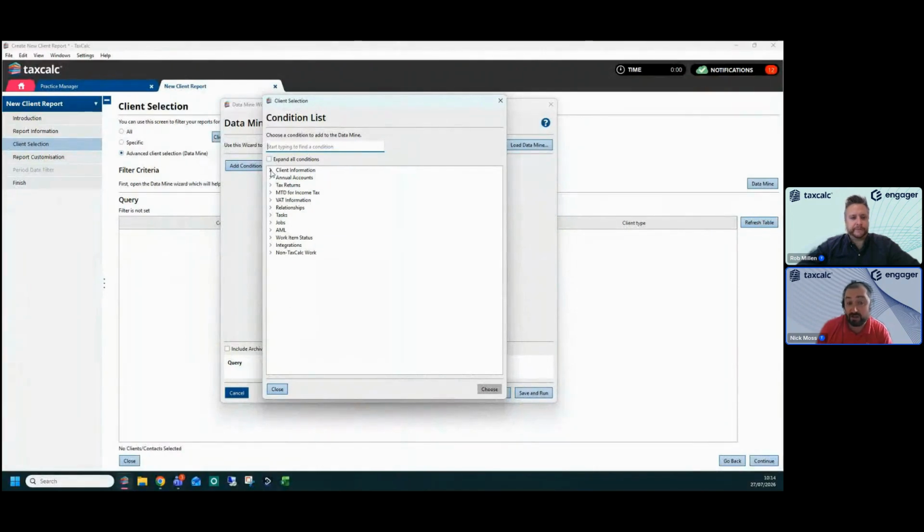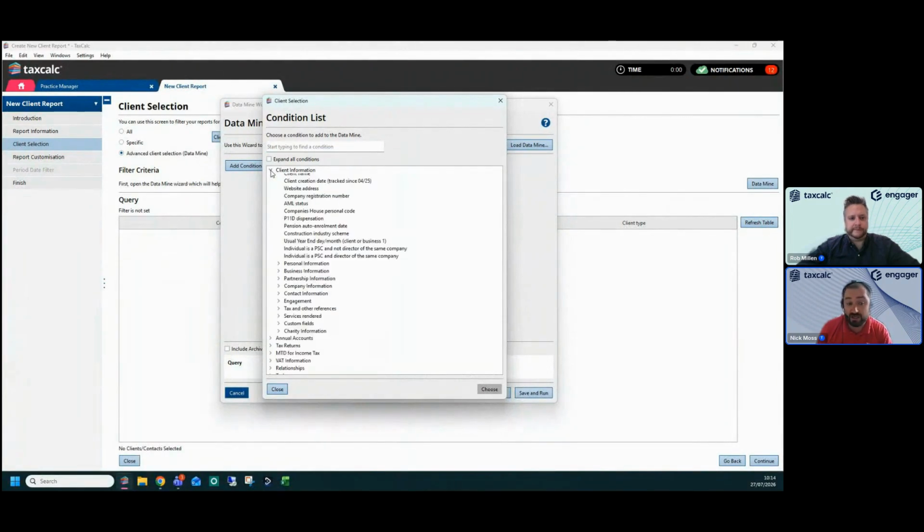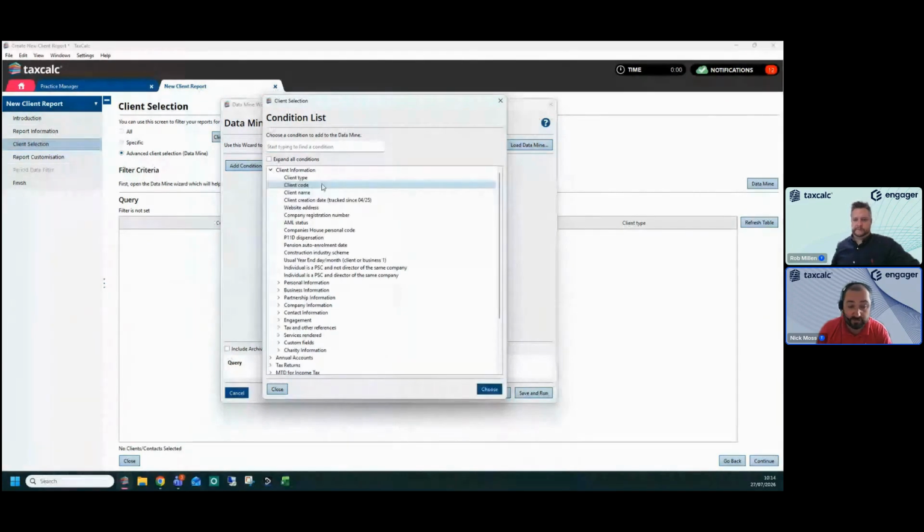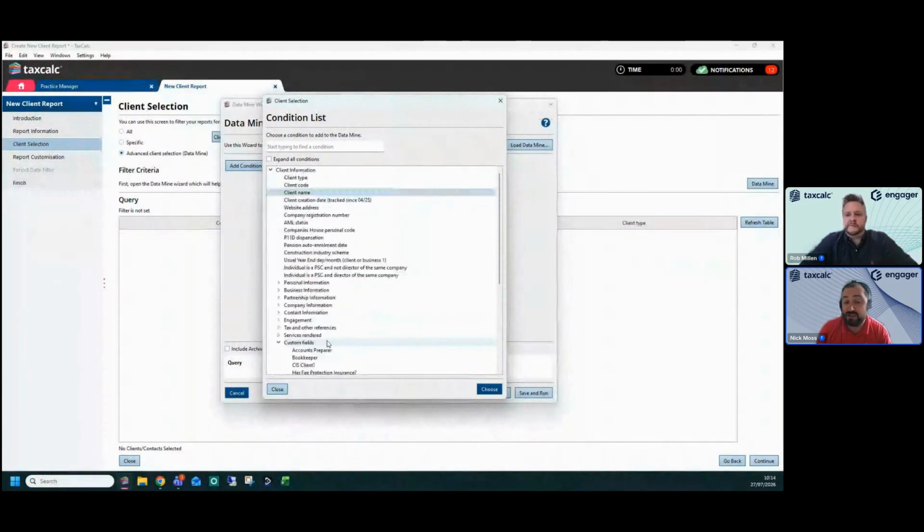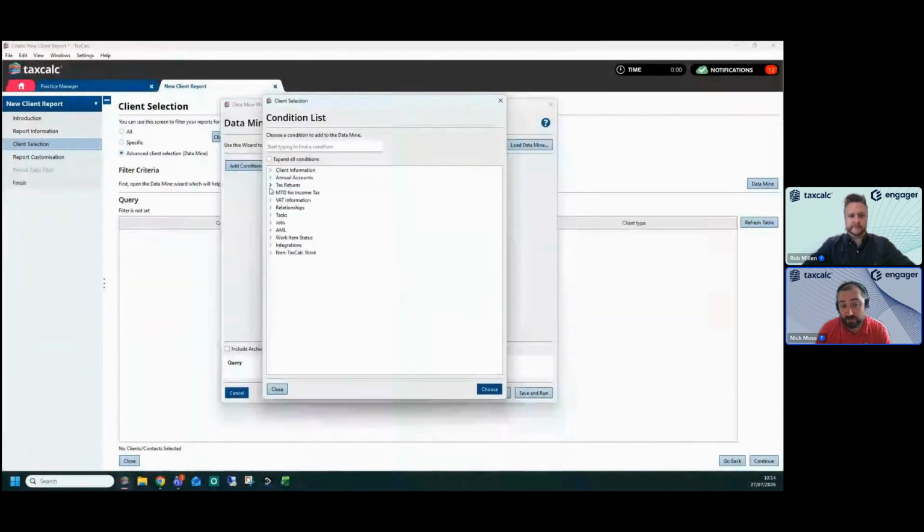Don't do this, but if I just click client information, this is where you could say, show me all my clients of a particular client type, with a particular client code, or with particular client names. You can filter any custom fields that maybe you've created, right? This is just an example I do for other people for different purposes, but we're not going to look at that one today. If you open up the one that says tax returns by clicking the little arrow to the left of it,